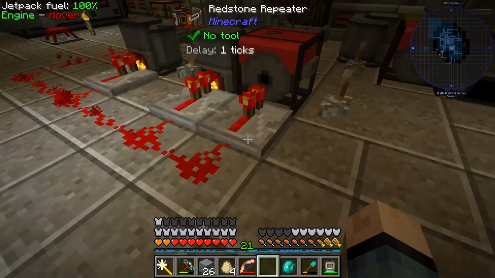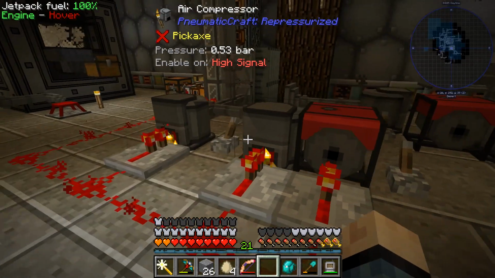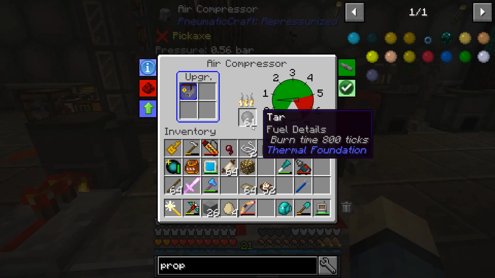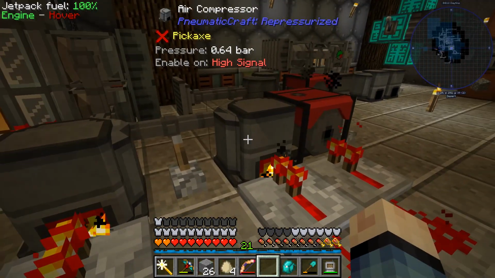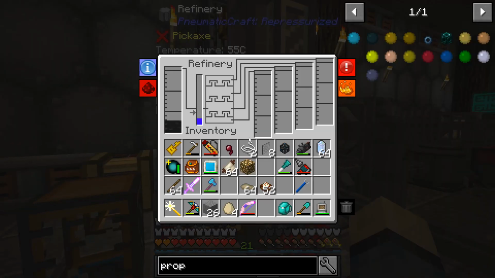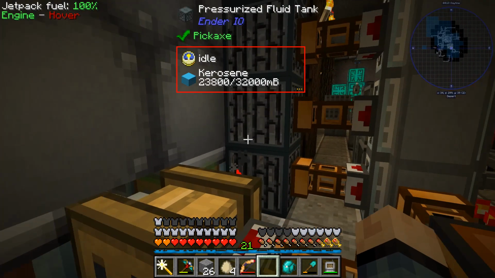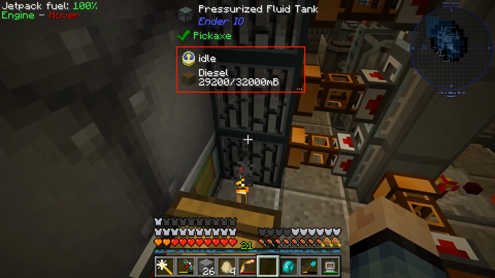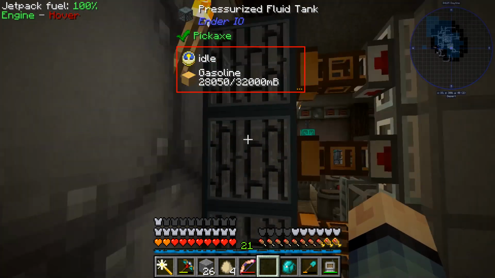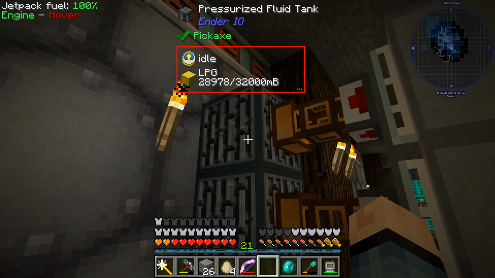Well, that was pretty cool. Yeah, this is running forever on this gasoline. So same with this. Oh, let's put some tar in here. Okay, that's running a little faster, and then you get, oh, it's all empty, of course. Now you get all of these. Usually you can see the color in here. It looks pretty cool. Anyway, there's diesel, kerosene, gasoline, and LPG,